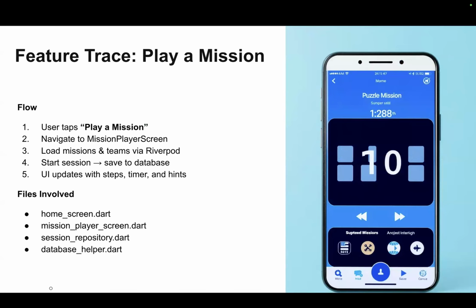This slide completely explains the flow of the play a mission feature. When a user starts a mission, the app navigates to the mission player screen. Data is loaded using Riverpod. A session is created and stored in the database. The UI then updates in real time to show the progress, the steps, and hints. This demonstrates a complete flow from user action to the UI update, and we can see this during the